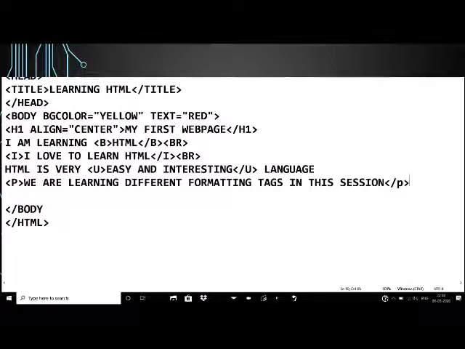The P tag can be used both as a container tag and an empty tag. It can be used in both ways. If we want to close it, we can close it. If we don't want to close it, we can use it as an empty tag also.